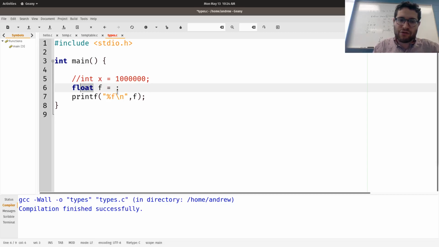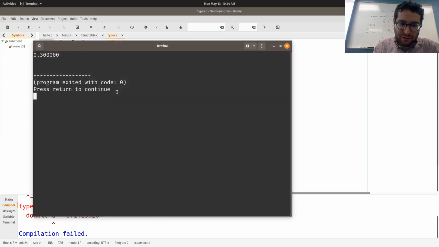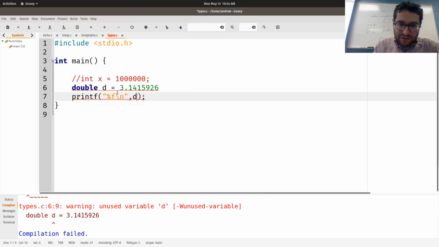Typically, though, you don't use floats because you can only hold 6 decimal places. Typically, instead, we use something called doubles, which are double the length of a float, hence why they're called doubles. So double d is equal to 3.5 or 3.4 or 3.1415926. Compile. Double, oh right, unused variable, and I didn't put in the semicolon.